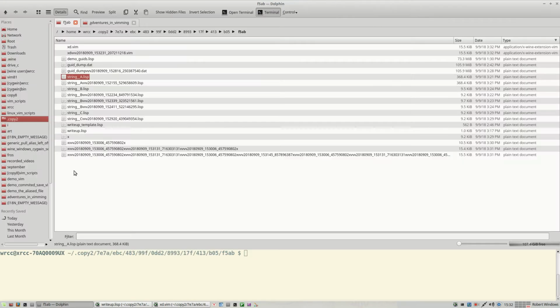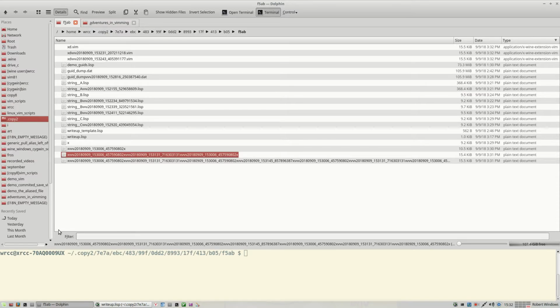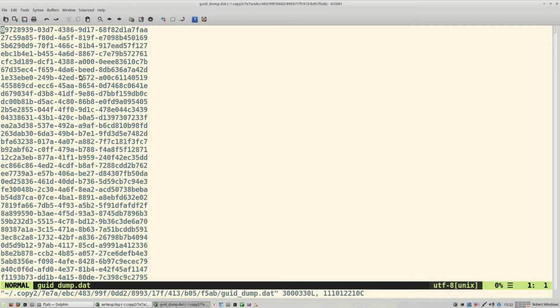Okay, we have some slop here. Yeah, this stuff is slop. So this is our XD. All right, so let's go back to our GUID dump. This is our original GUID file, and we're going to mark those lines that match. So we're going to do source XD, you hit the completion, and